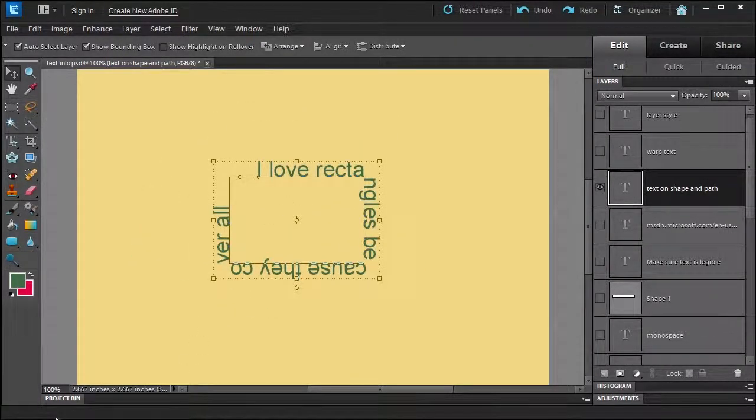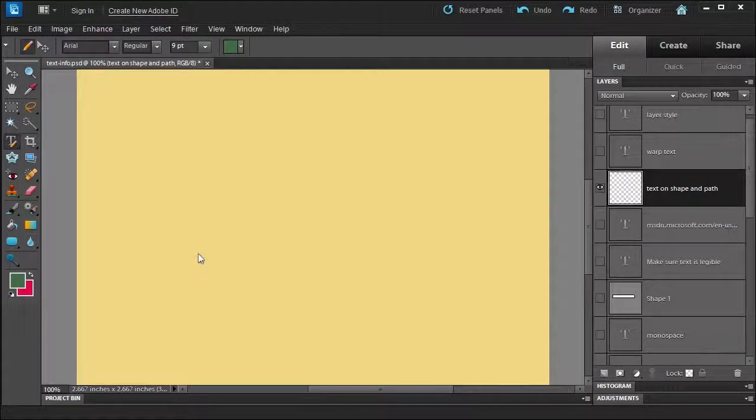Now, how would you do text on a path? Well, this is easy. Just go ahead and select the text tool and choose text on a custom path, which is going to bring up the pencil tool, and you'll just draw a path. I'll draw a big loop. Okay, and once you draw the loop, press the green check mark. This then allows that I-beam with the mark to come through, and now you can type